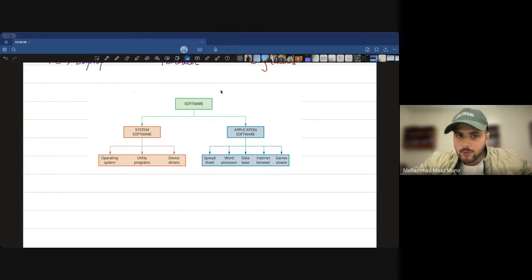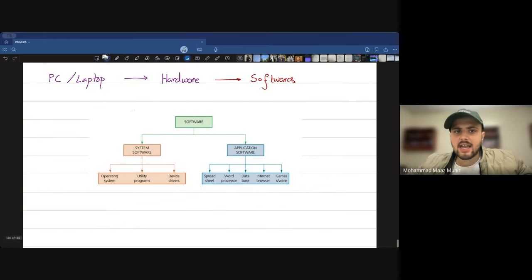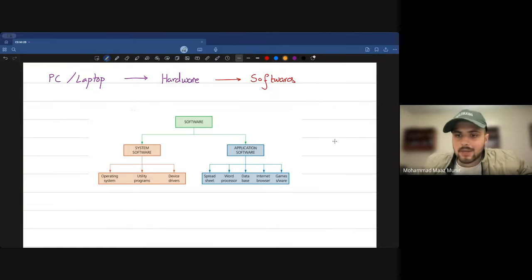So what is software? It's basically a specific set of programs which allows you as a user to make use of the computer in the right way. Definitely, if I open up my computer, and I showed you a lot of components in the last topic, in chapter number 3, and if I unbox my whole laptop and take out all the components,